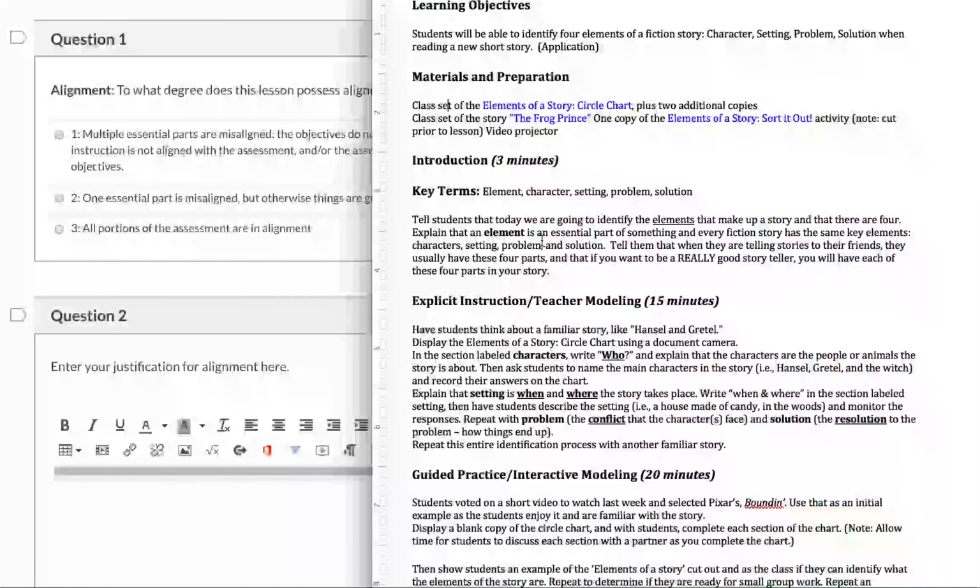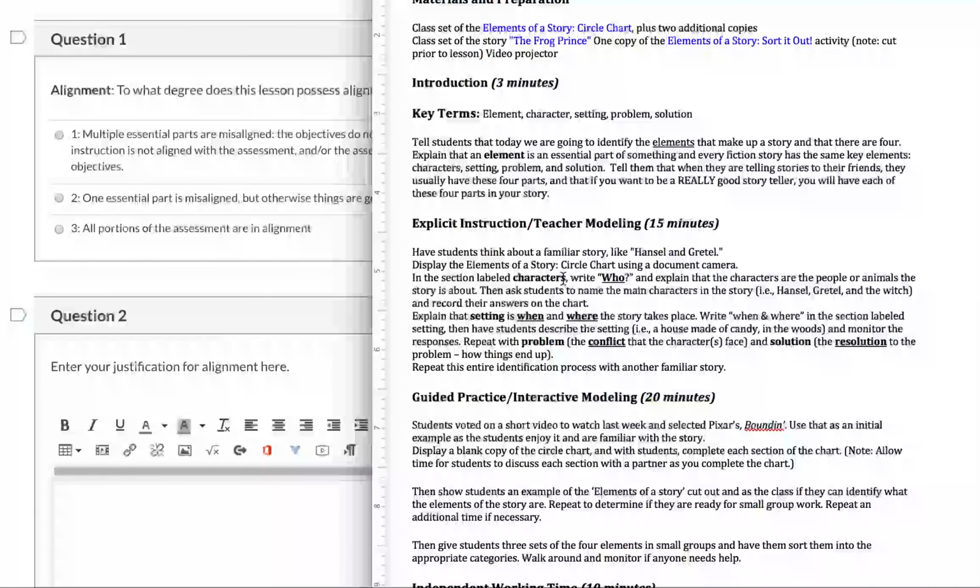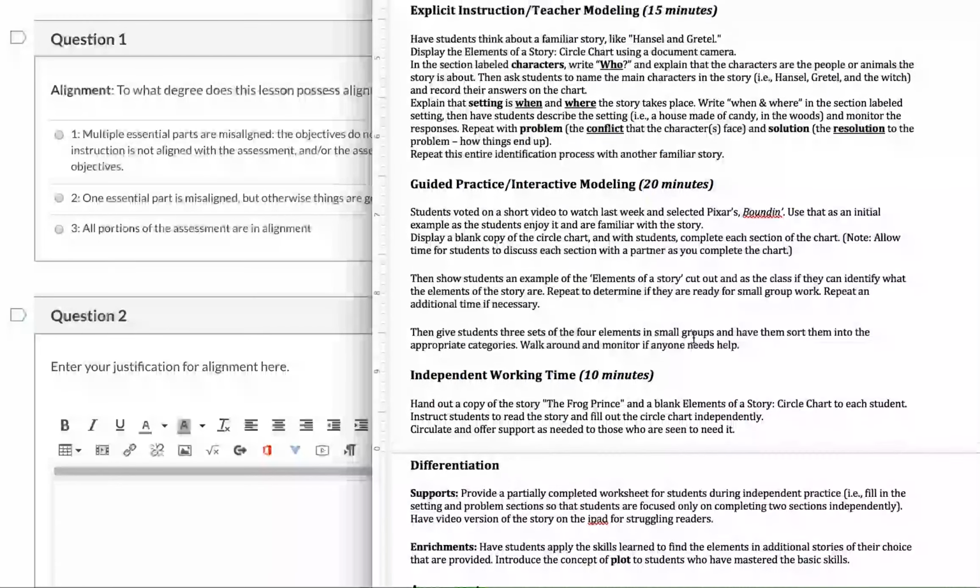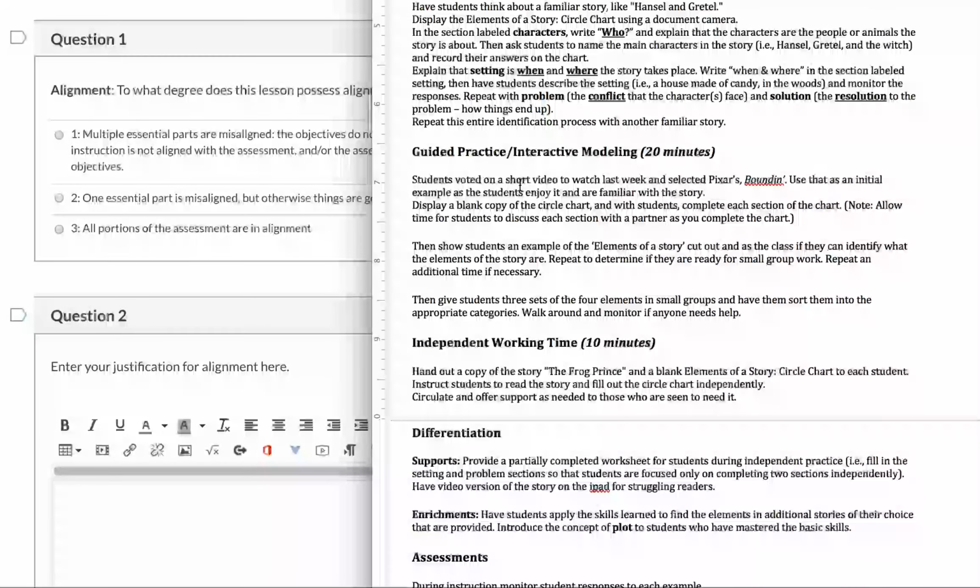You have the introduction, talk about the elements, talk about the different parts, the characters, setting, problems, solution, great, all in alignment. Guided practice, they're going to watch the short video and they are going to use that as an example. So this is one thing, right? Later on when we talk about whether or not they use student assets, they voted on a short video, they've picked this one, and they watched it,